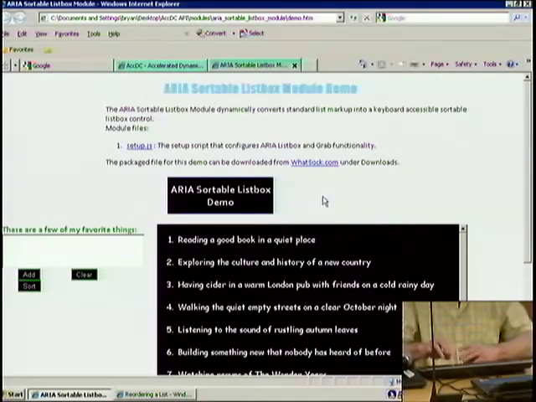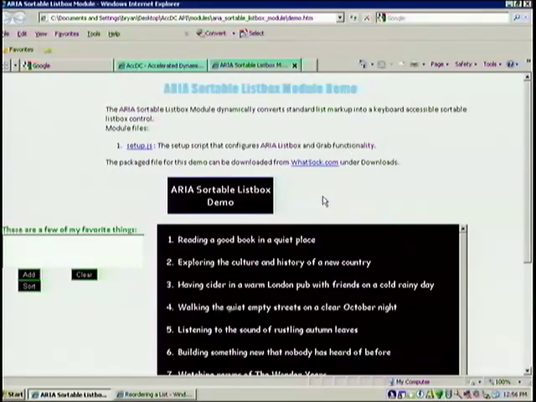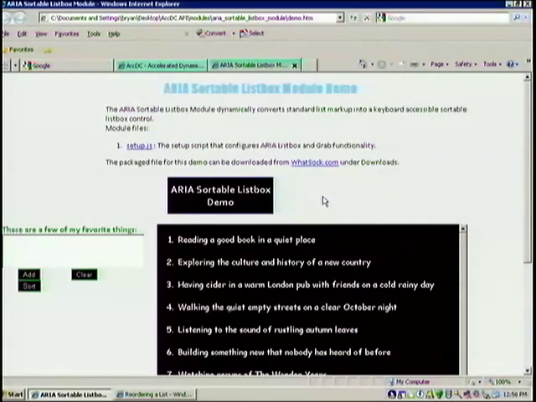There's nothing special about it. No special markup. One thing to know about ARIA in advance is that you cannot actually add ARIA roles to an element that's already existing within the page and have it work properly. You have to essentially re-render that object as a new one in order for the accessibility API within the browser to recognize it properly. So what's going to happen is when I press the sort button here,